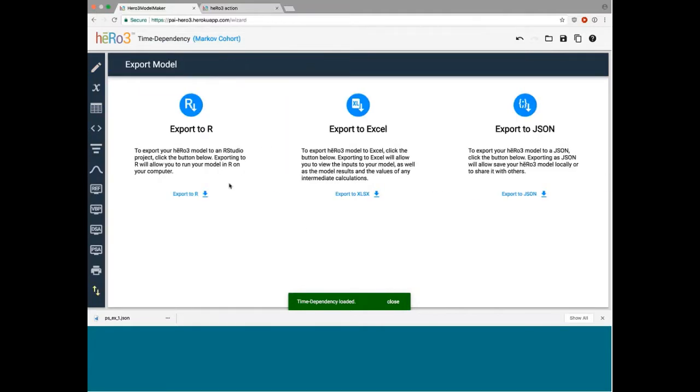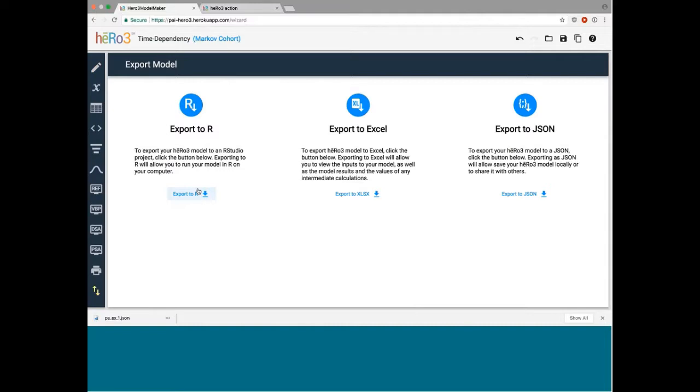So there's actually two other ways that we can export this. One, we can export this to R, and what this is going to do is download an RStudio project folder that allows us to run the model locally in R, that is, run the model on your local machine using your installation of R. And potentially that allows you to run the model using line-by-line debugging.